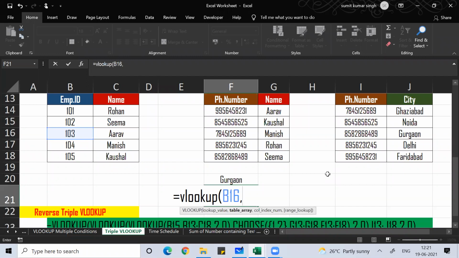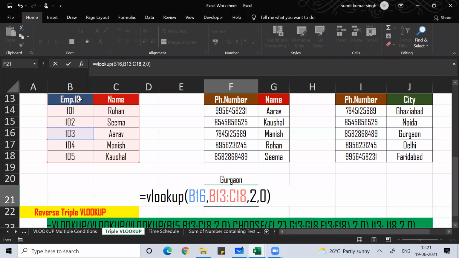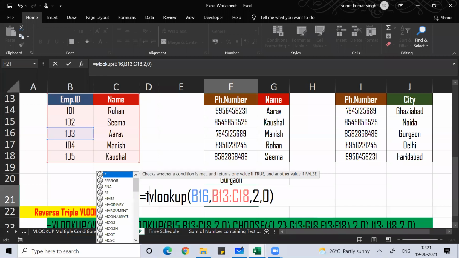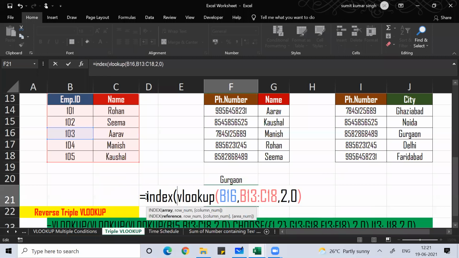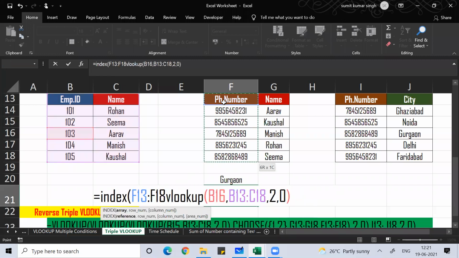Let's do that. This is your lookup value, comma, table array, this is your table array, comma, second column, comma, 0. So we'll get the name. Once we get the name, we'll use the INDEX function. INDEX means array, meaning what you want: select the data, that is the phone number, comma.